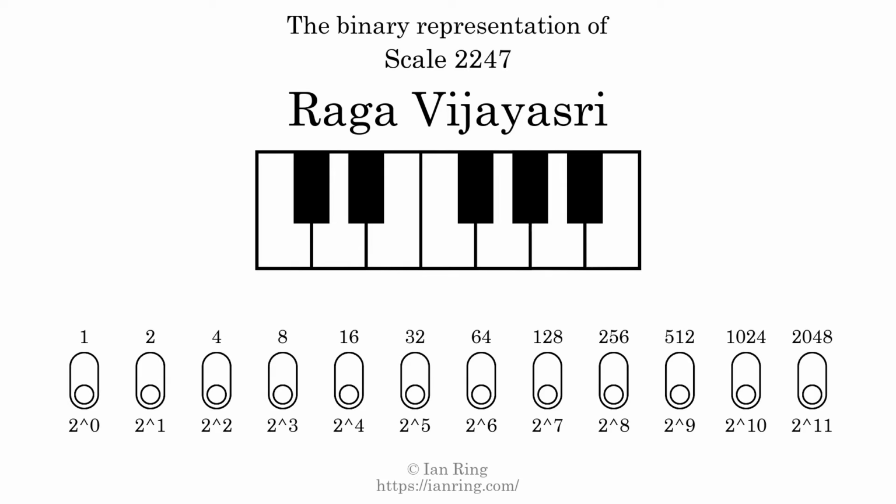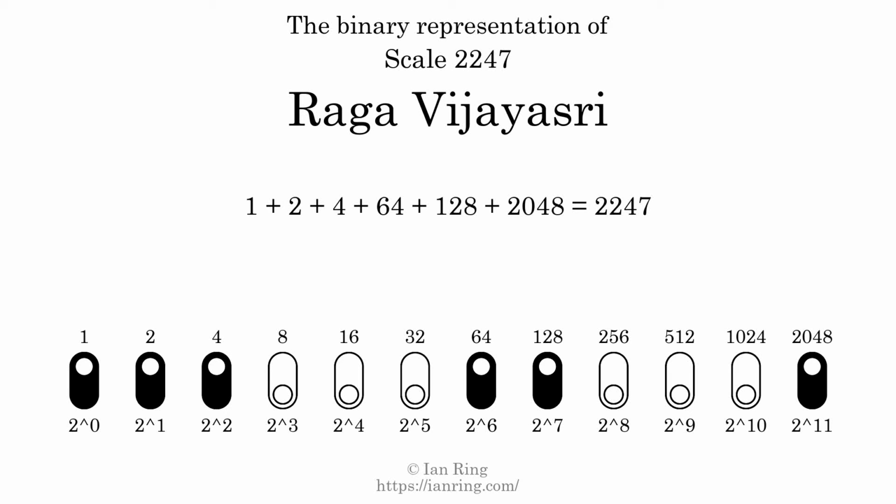The binary representation of this scale is determined by mapping tones of the scale to binary digits. Each binary digit represents a power of 2. To get the scale number, we add the powers of 2 together. The powers of 2 that are present in the scale, all added together, equals 2247. That is why the scale number, in decimal, is